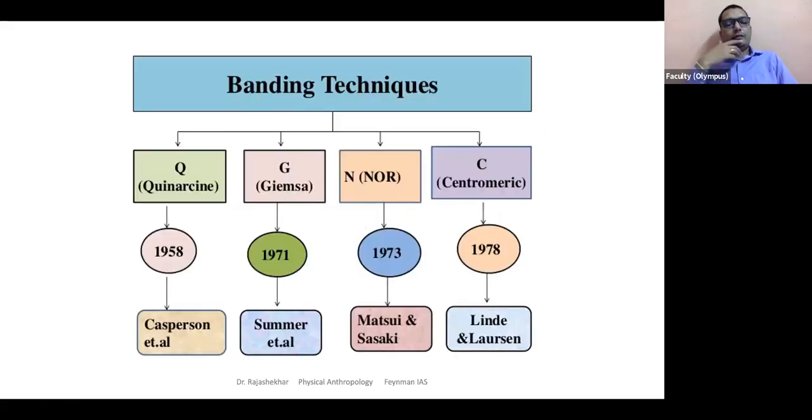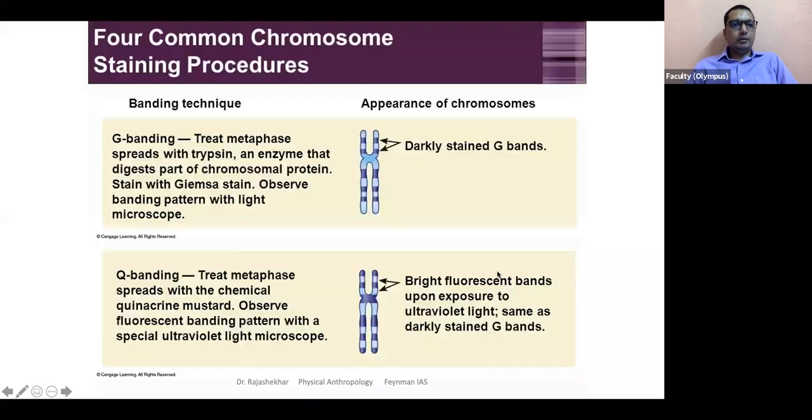There are many different stains. Scientists have come up with multiple methods for this. I'm going to briefly talk to you about a few of them, but these are all old ones, as you notice. We're talking about something that happened in the 50s, 60s, and 70s, so about two decades of time when these techniques were developed. You don't have to memorize or know this by heart. Briefly, I'll tell you about the banding patterns.